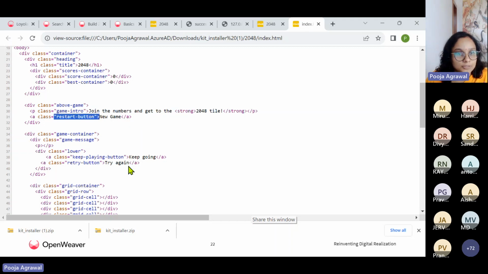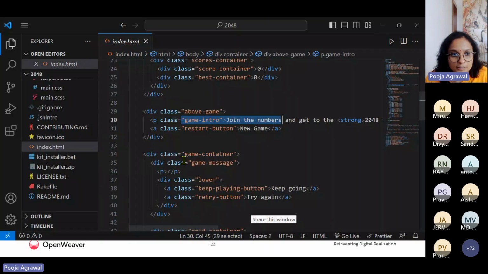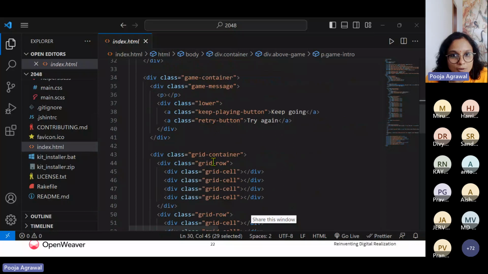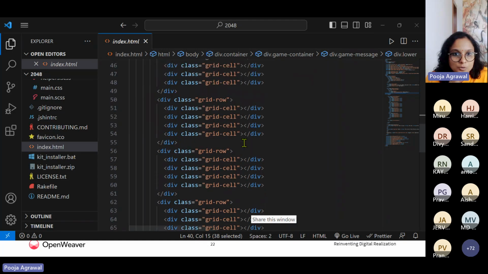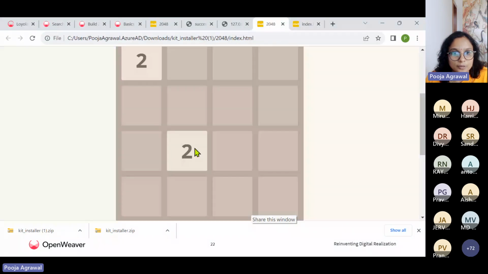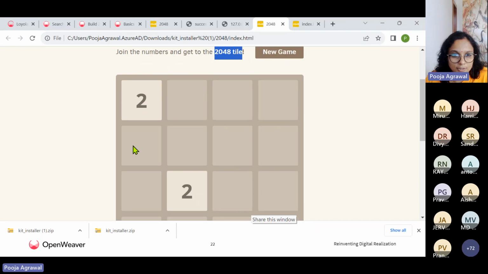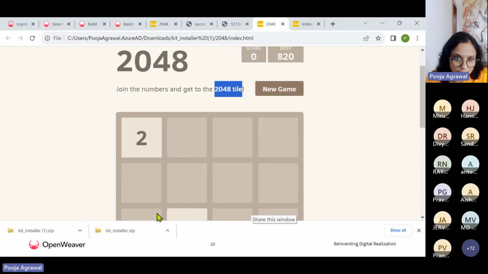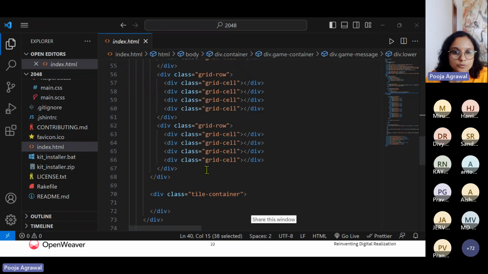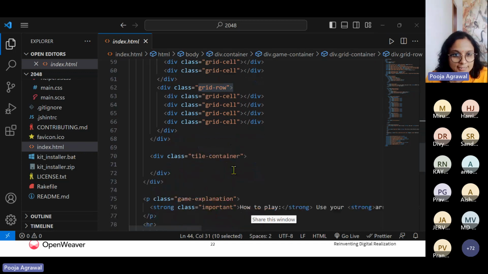And then the option for this restart button with the game is also showcased. Okay, so I'll just get back here. Navigating here is easier. So then there is an option for keep going, try again, that is being mentioned. So you have your grid cells mentioning the different grids. So when you're playing this, we will have these rows, and within those rows, you have your 4 block cells, right? 1, 2, 3, 4. So every grid row has these 4 cells accordingly.